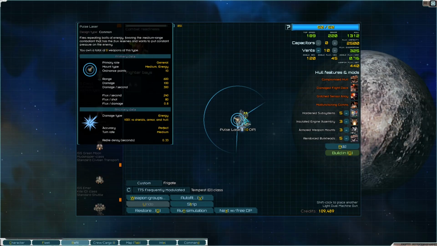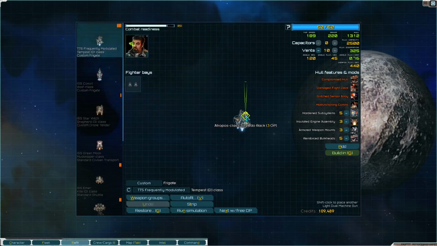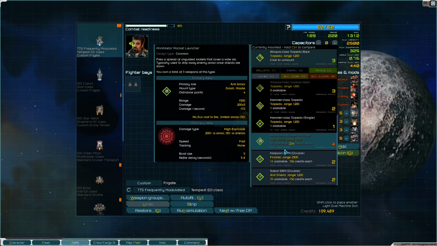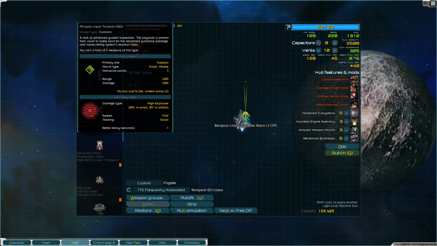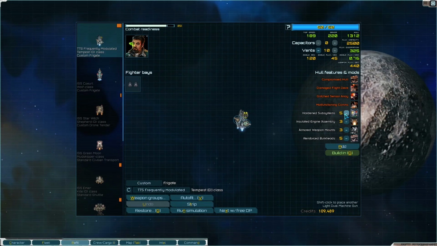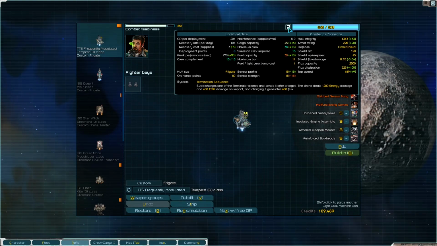So that's great. I also have a couple of the Atropos torpedoes. They're kind of just there. I use them for sort of finishing. Once I've gotten shields down, just slam these off and they're good to go. Now, as for mods, I put hardened subsystems on. This will give us 50% more peak performance, which is the...